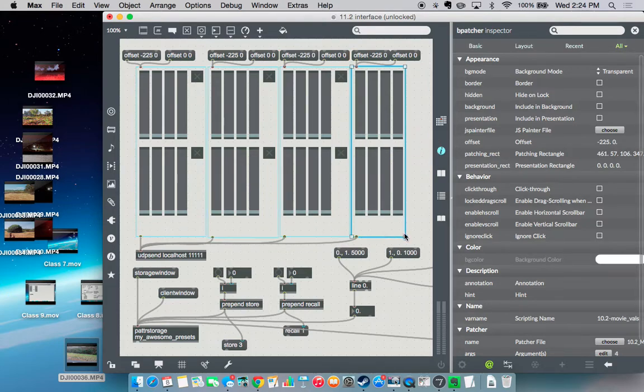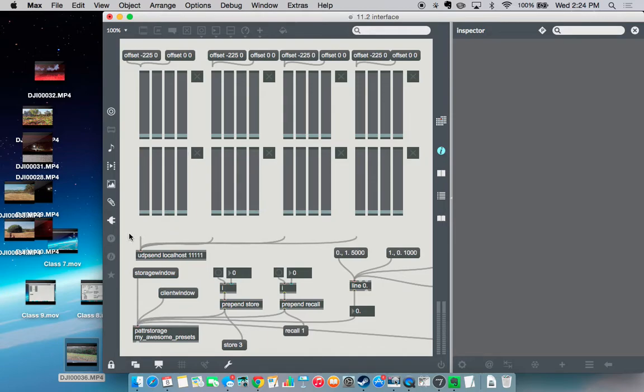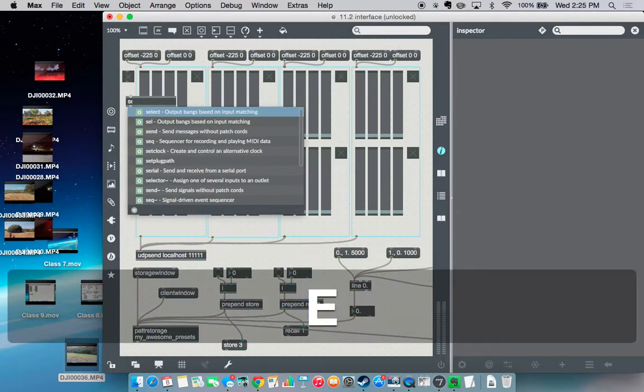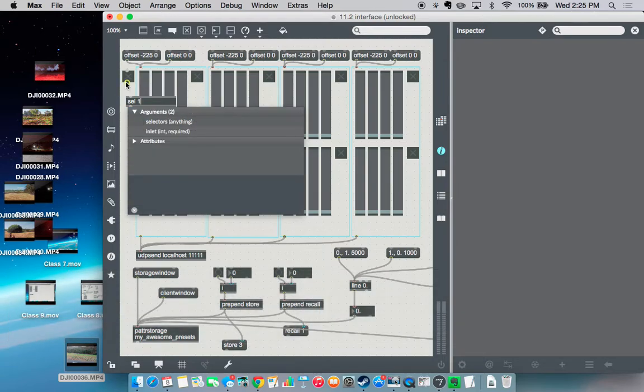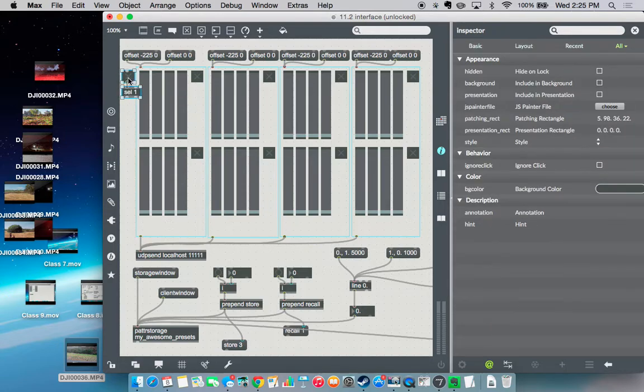Yeah, I'm making mine a little bit wider to show everything. And then all you need to have the ability to move that around is a toggle and a select one, or a SEL one. And then pass, if the input matches 1, it sends a bang and send that to there, to the offset